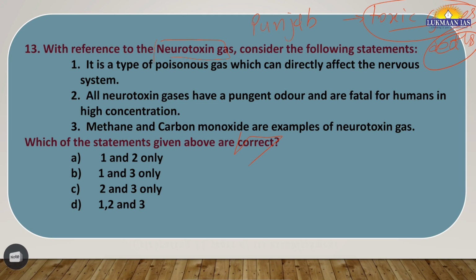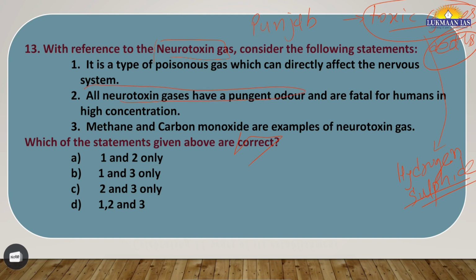Alright, neurotoxin, as the name suggests, neuro means related to the brain, toxin, so it affects the brain and results in death. Which gas leaked from there? Hydrogen sulfide gas, H2S, as we call it, in high levels. This is a kind of neurotoxin, and yes, it has a pungent smell, but there are other neurotoxins like methane, carbon monoxide. They do not have this pungent smell, but still they are fatal for humans in high concentration.